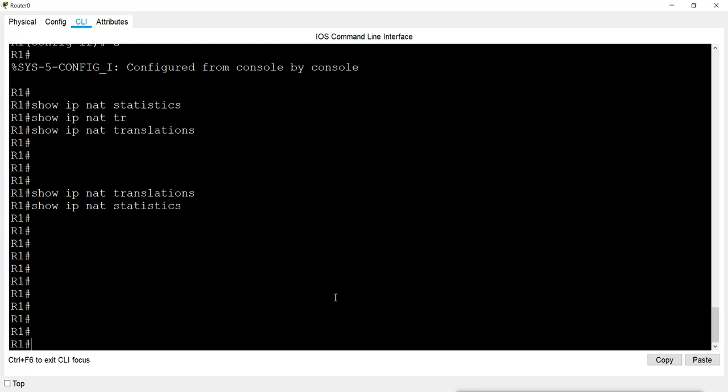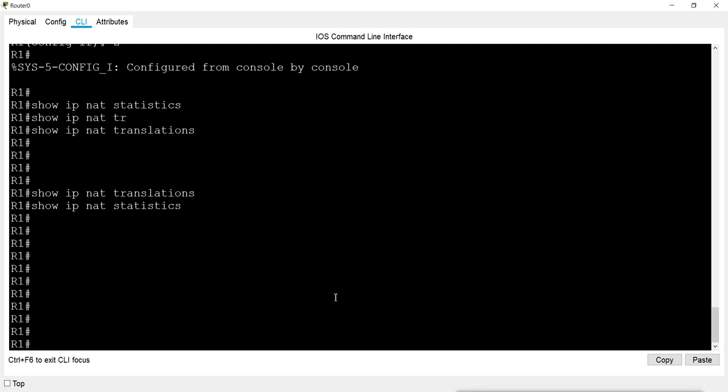You don't have to apply that access list, you just have to create it, and that access list will be used in the dynamic NAT configuration. The NAT will be filtered based on the access list.